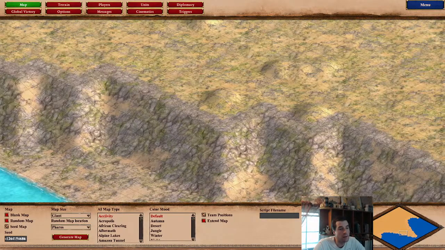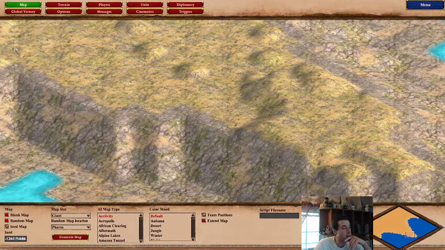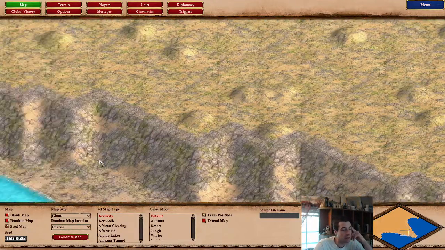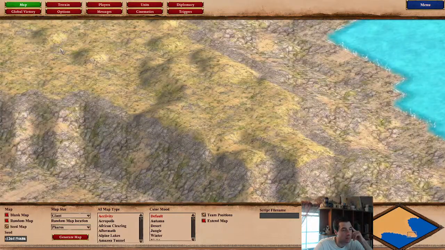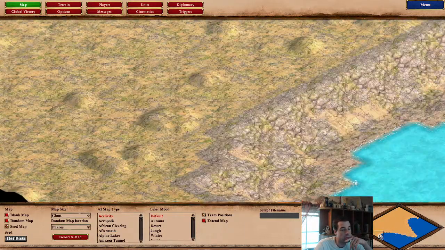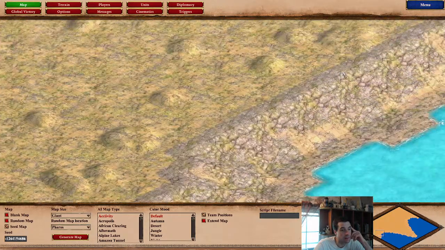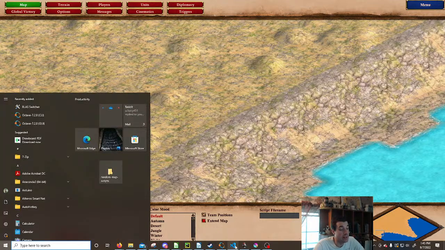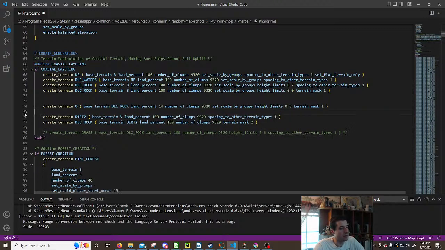I don't know, maybe the gravel doesn't do too much for us here. I don't know what your thoughts are. Think about it a little bit more. It's an odd juxtaposition. Maybe it's fine. It's like a pretty well-defined line here. I don't like that. I don't like sharp lines. So let us get rid of this. We'll do base terrain of